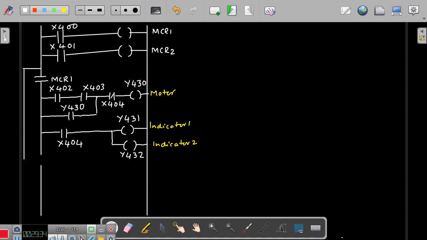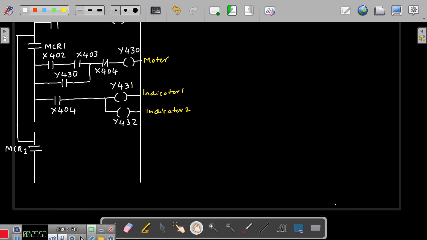I will come to the second part. Yeah, I would introduce my MCR coil of the second MCR here, and now I will go with the position sensor, wherein I have to make use of set reset coils. So you have already studied about the set reset coils. So therefore, now I would bring my